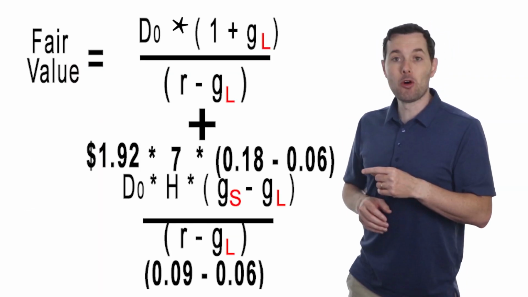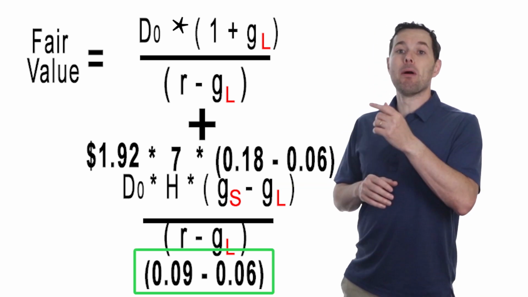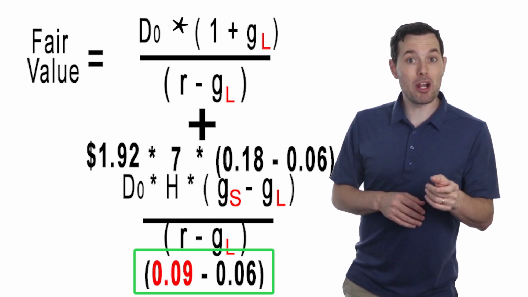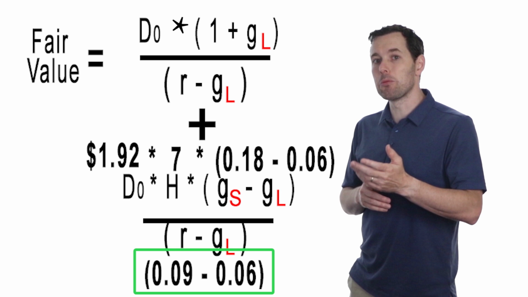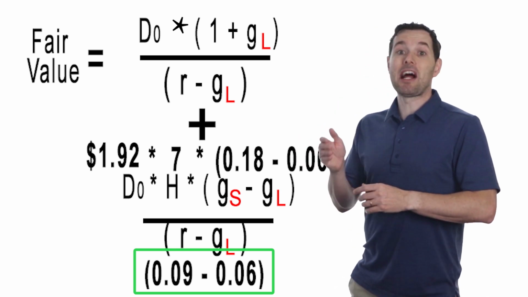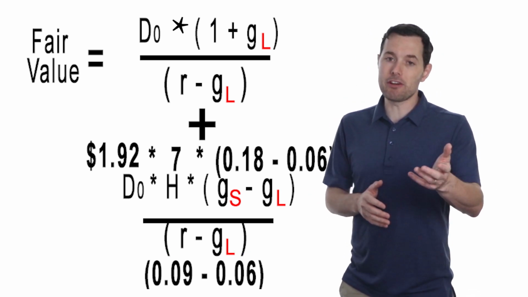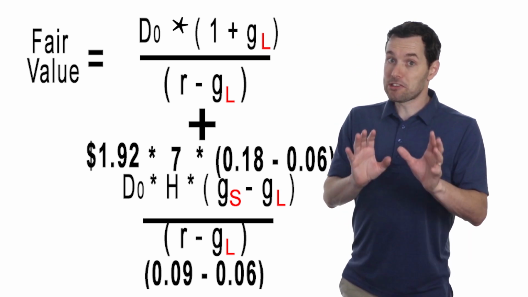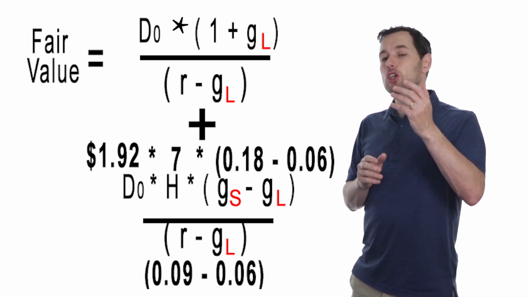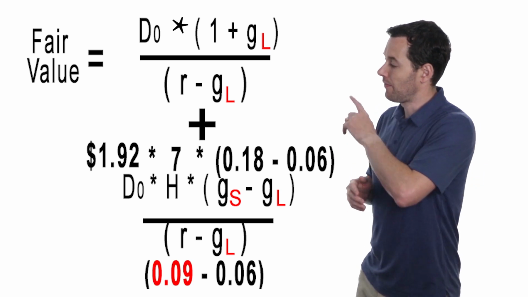Then we plug in the rest of the formula, that is the short-term growth minus the long-term growth, and then we divide that by R minus long-term growth rate. Now notice that the R here, the required rate of return for Lowe's, is different than what we use for Johnson & Johnson. The reason for that is that Lowe's has a higher beta, so that would impact the required rate of return we would expect. In theory, beta is supposed to represent risk. Beta for Lowe's is higher than it is for Johnson & Johnson, and if you're going to take more risk with a stock, you would expect a higher required rate of return. That's why that number's higher.